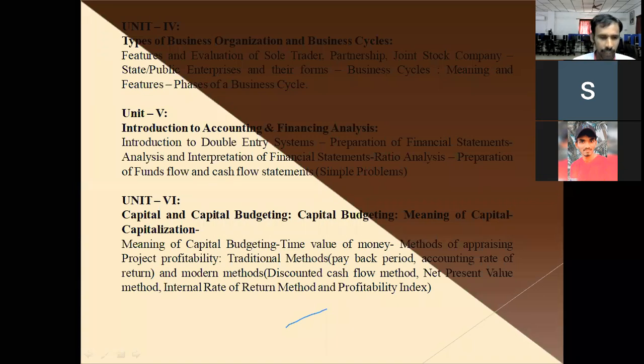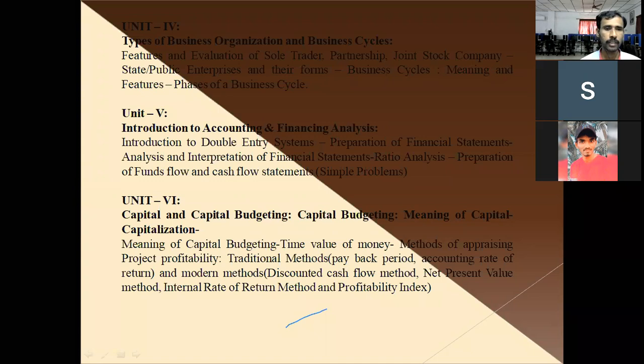So in order to assess the relative worth of a business proposal, I use this capital budgeting technique. On a simple note, capital budgeting is just a technique to determine the worth of a business proposal. And for that, we use different techniques. There are different techniques of capital budgeting. Generally, these capital budgeting techniques are classified into 2 types. One is the traditional method, and the second one is the modern method.